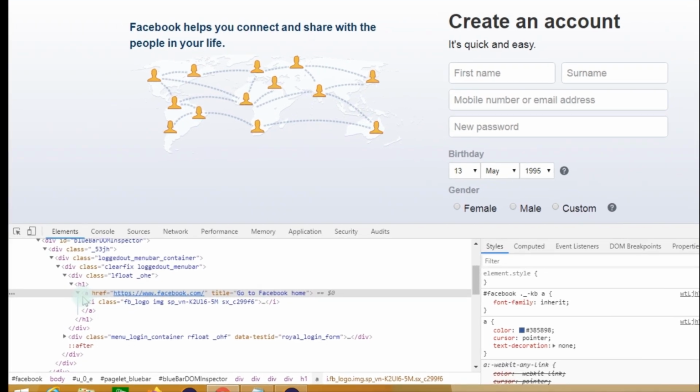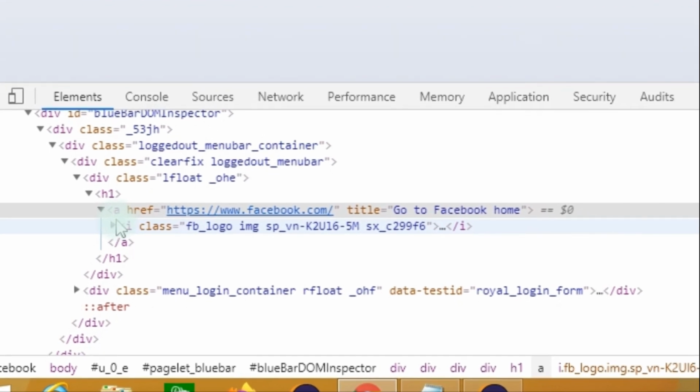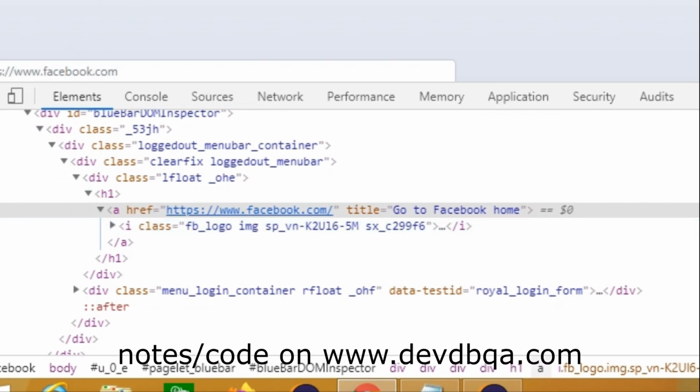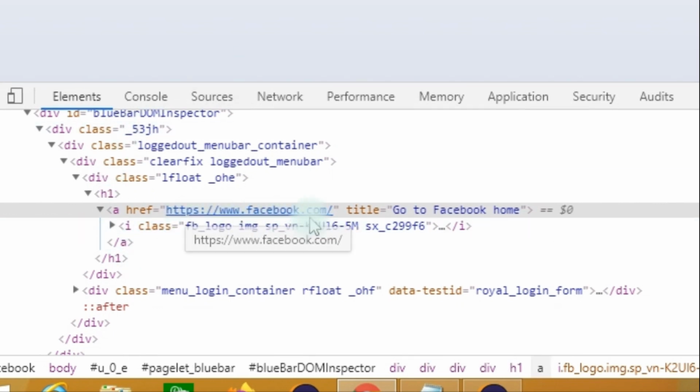As you can see, this starts with A, the anchor tag, and then the href is the reference hyperlink. When we click on this icon or this button or this link, it will go to this URL which is given inside the href.